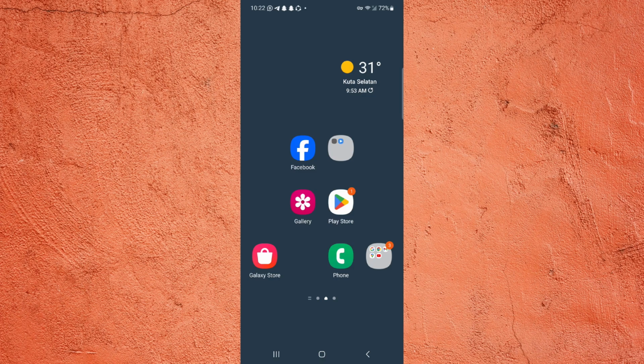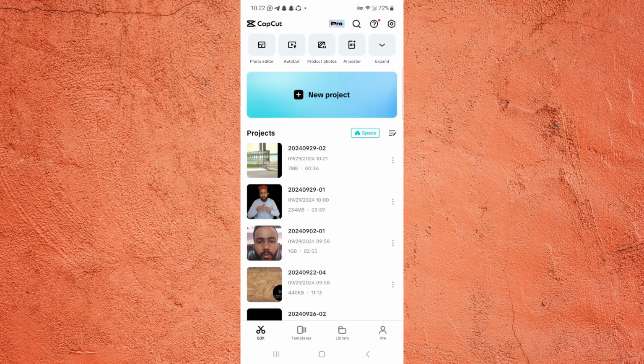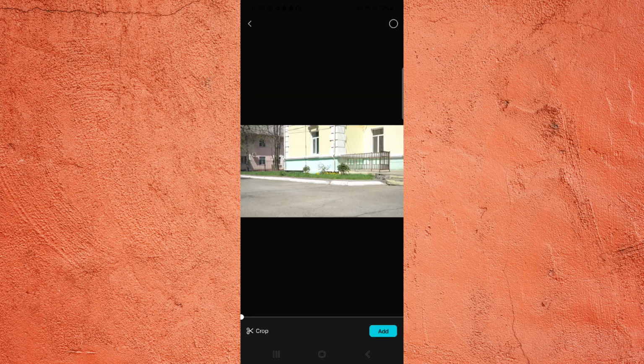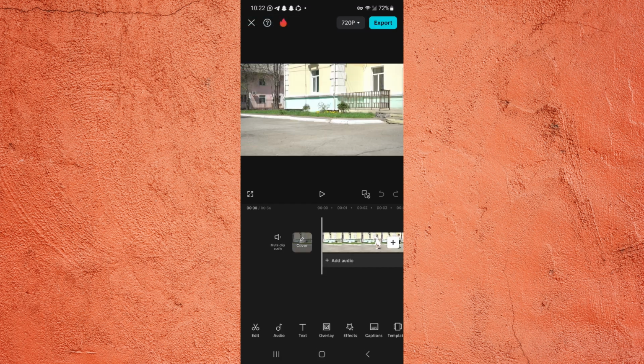So to make your landscape video to vertical video in CapCut, first of all you have to open your CapCut and here click on new project, and from here you have to select the video that you want to convert to vertical video and click on add, and you can see we have vertical video or landscape video in our